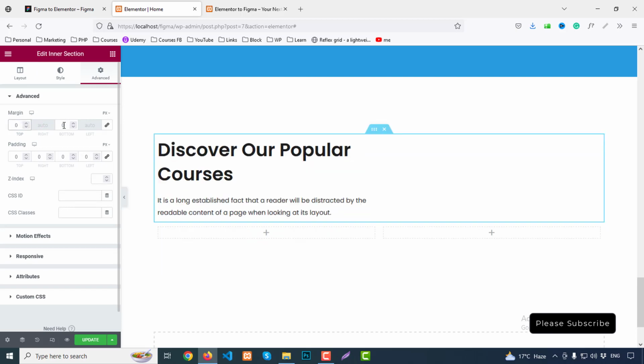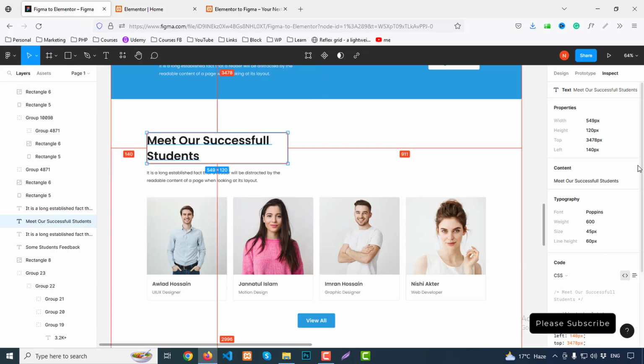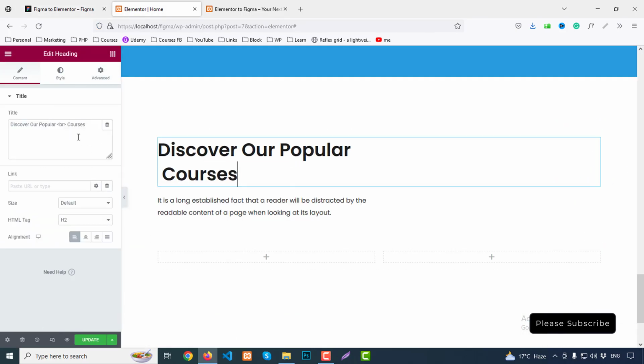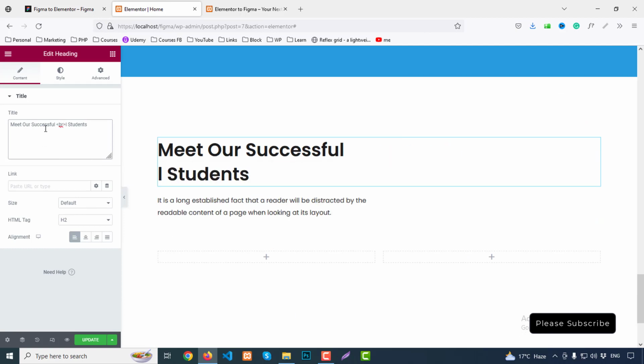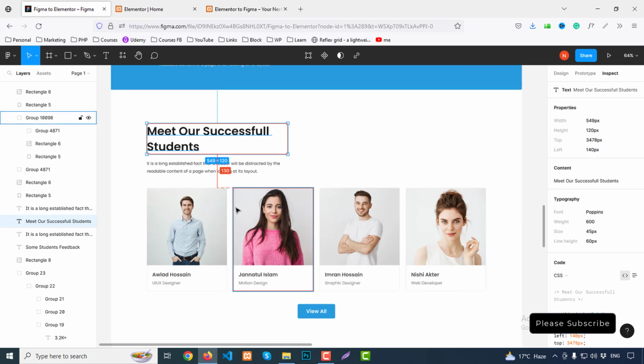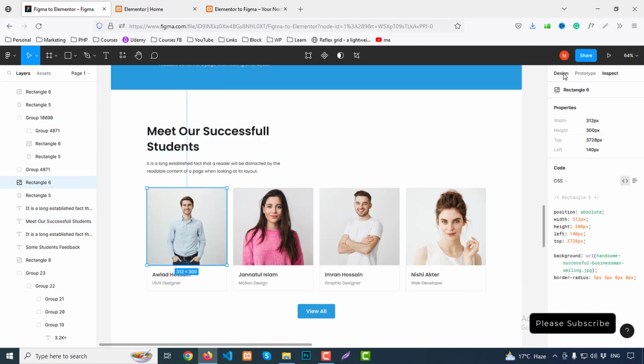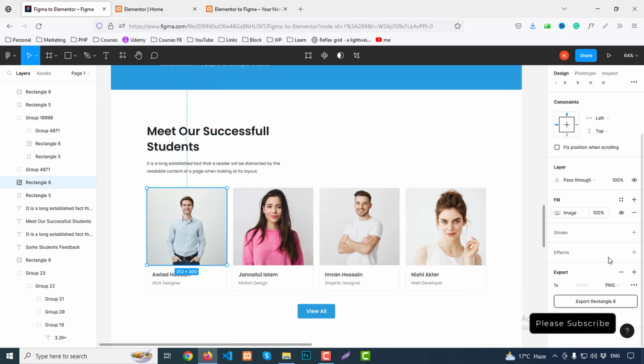Sorry, bottom 60. Change text, so click here, meet our students here, so click here and change our text. So meet our successful students. So after successful, we can add a break. Okay, fine. Sorry, successful students. Yes. So first we download this image, click on this image, go to design, and from export here,